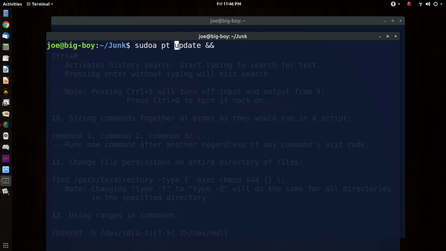Well, that's not going to work. Did you go back and do that again? Make it look right? Okay. Sudo apt update, and then you'll see two ampersands back to back, and then you'll see this one, sudo apt dist upgrade, right? What that is doing is running two commands in a row,